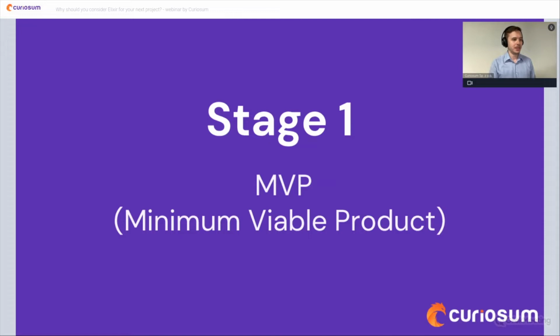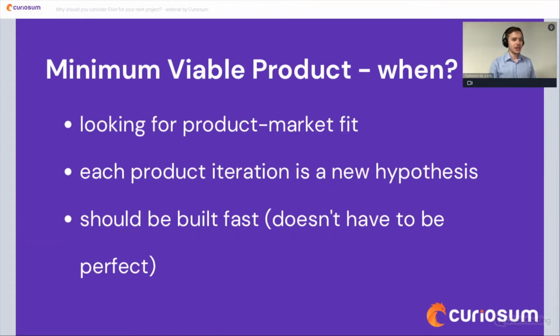It's called MVP. This is the first stage where you want to build a minimal viable product that can be verified on the market, because eventually what's important for a business when you create a web application is that this business finds its product market fit, so that there is someone who needs the services that this product offers. So we're going to look for a product market fit with MVP,